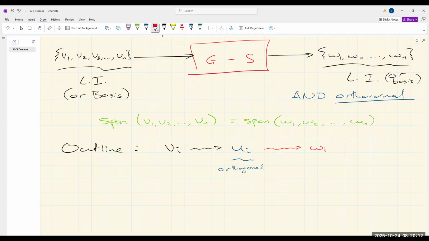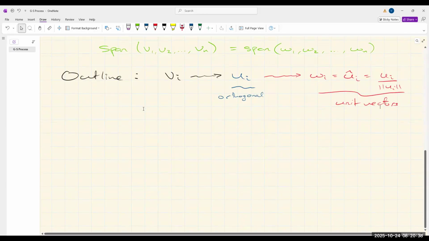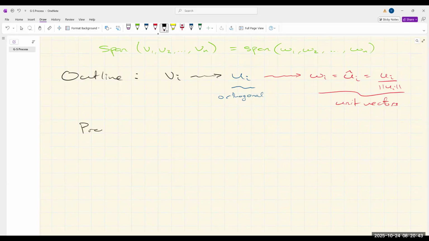And the unit vectors we call Wi. And the unit Wi is just the unit vector of Ui, right? Which you'll know how to calculate. It's just the vector Ui divided by its length. And these will be the unit vectors. Okay, so first we're going to straighten it out, and then we're going to convert it into unit vectors. Okay, so how are we going to do that? So the process goes like this,